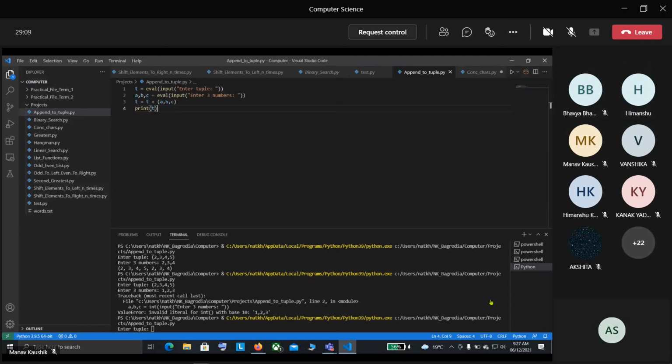Yes, Manav. Okay, what you have done is you have written like this. Same thing, Manav, same thing. Yes, I was talking about that only. It reduces a bit more lines. Same thing.